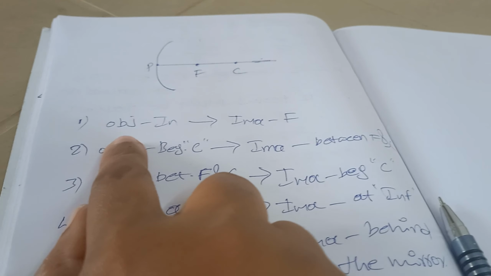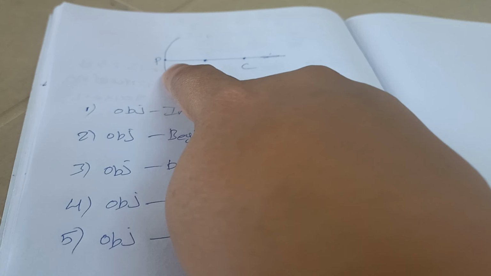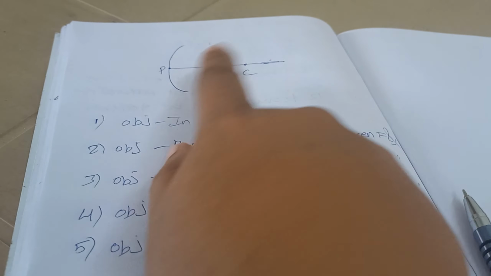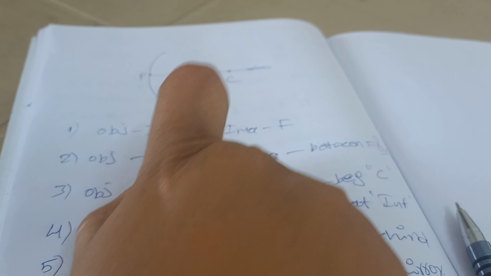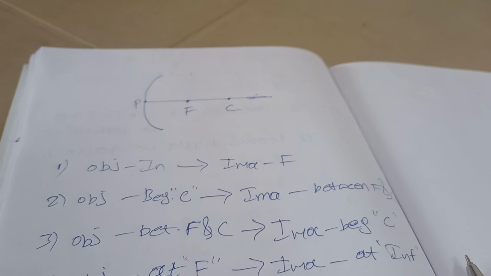Now I am telling you, object at infinity means it is somewhere very far away. Object at infinity, image at focus. Okay, next,